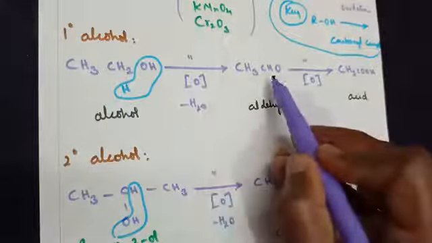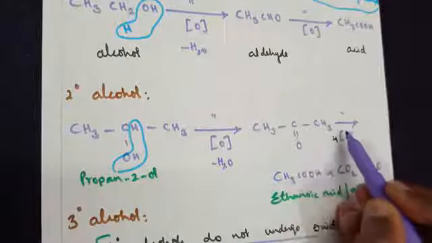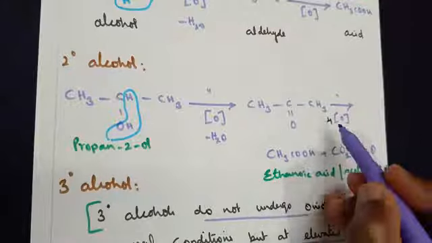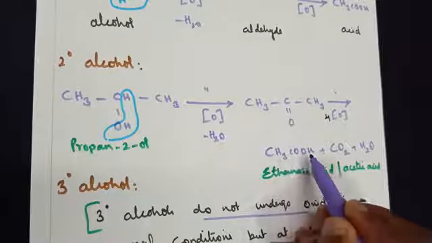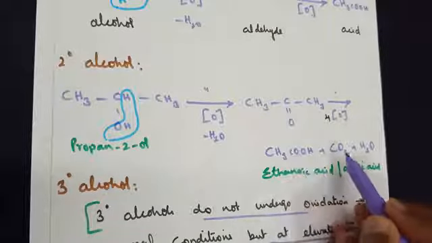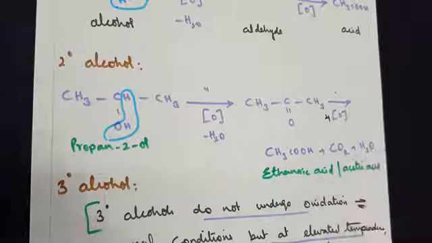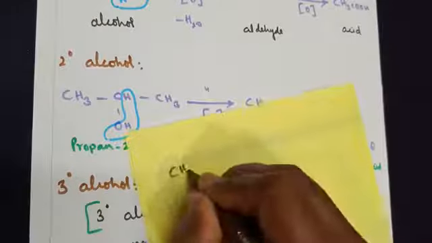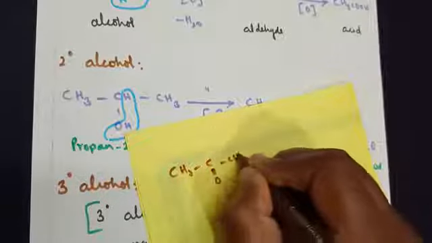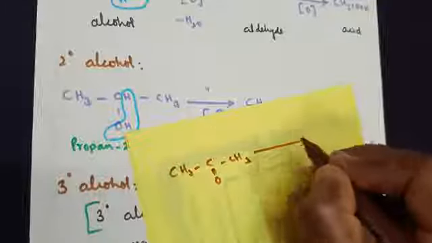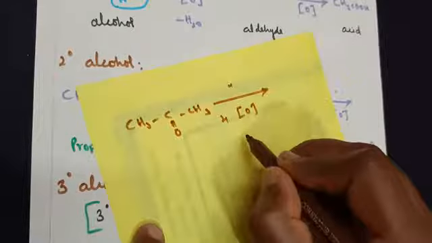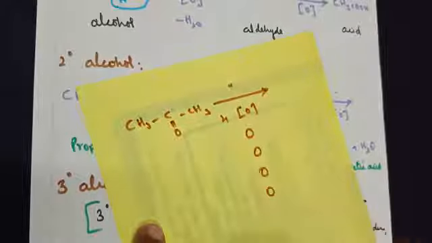Primary alcohol is converted into an aldehyde. On further oxidation, here we are treating it with 4 oxygen. As a result, we will get CH3COOH, that is acetic acid, plus carbon dioxide plus water. So those of you who have doubts, I would like to show you that particular step separately. As you know, we have a ketone, up to that step you understand clearly. Further, when you treat it with an oxidizing agent, I am taking 4 oxygens here. So if I write here, 4 oxygen I have got.